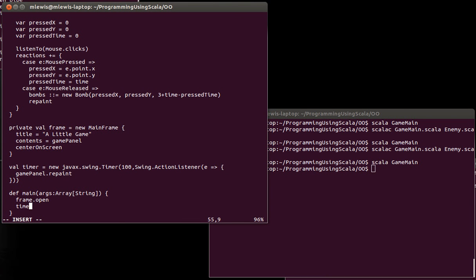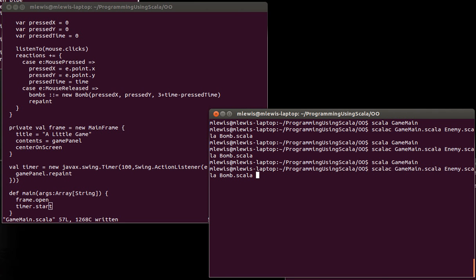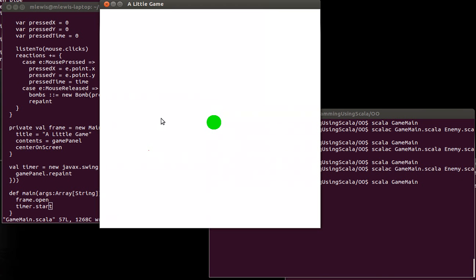So after I open the frame, I will start the timer. Now if we recompile, we run, that is how we get